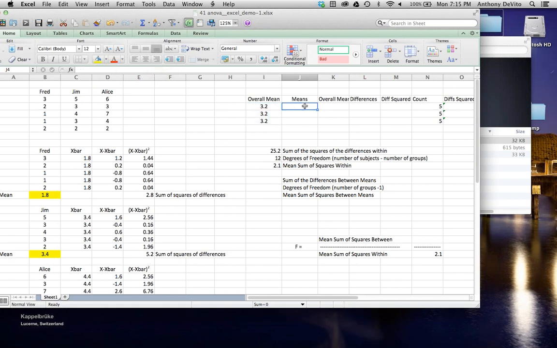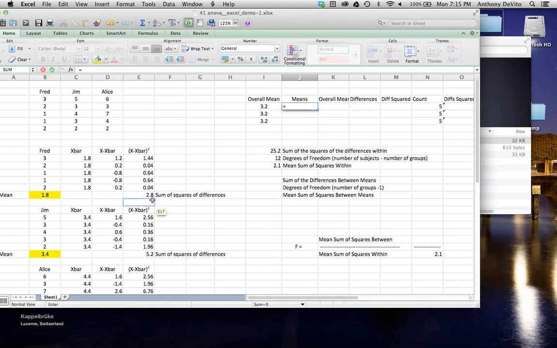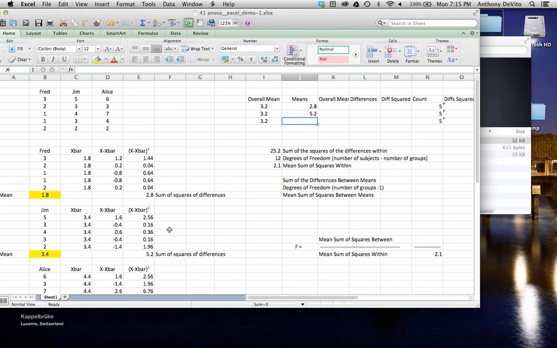Okay, so what are the means of each group? I'm going to find the variability between the individual means and this overall mean. Okay, so the variability within the means themselves. I'm going to do the same thing, except I'm doing it for the 3 numbers that represent the means of these 3 groups. Okay, so the mean of the first group is equal to 2.8. Mean of the second group is equal to 5.2. The mean of the third group is equal to,